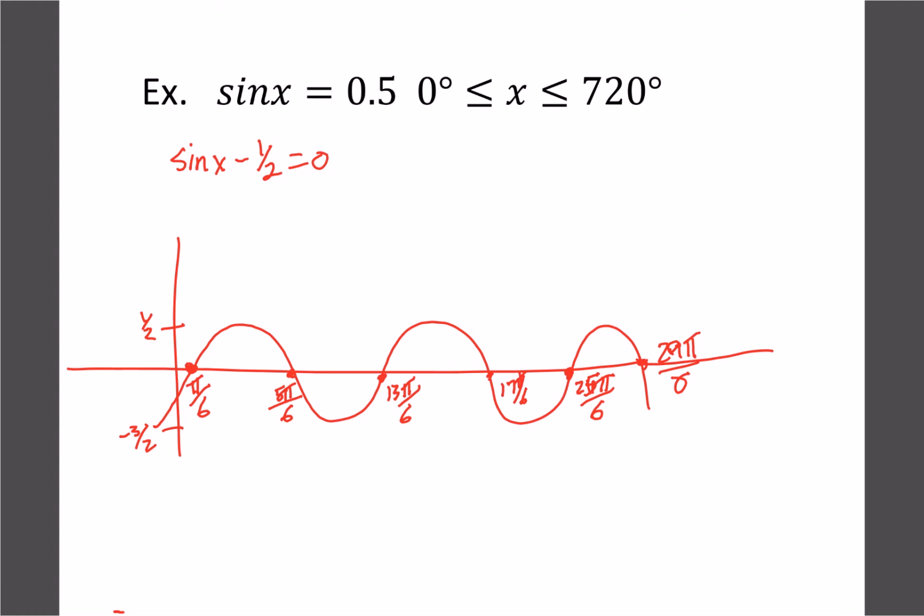So these were in radians from your calculator, but we could have also solved it in degrees. So when you do this on your calculator, just set your x in degrees, and we would have got 30 degrees, 150, 13 pi by 6 is